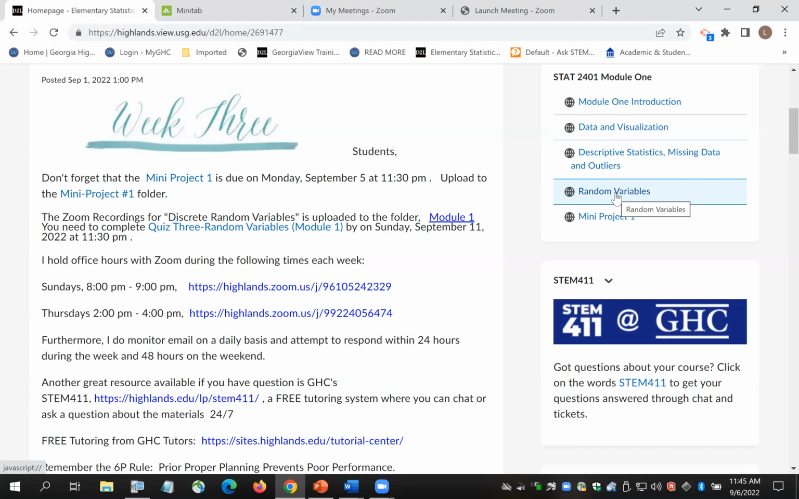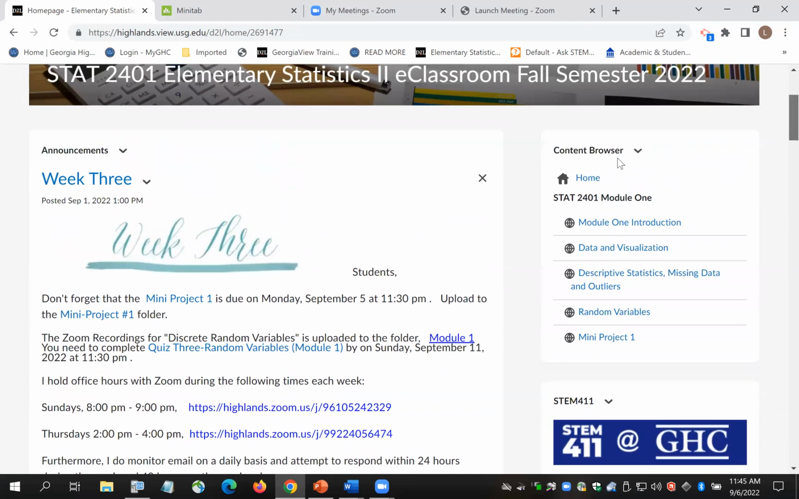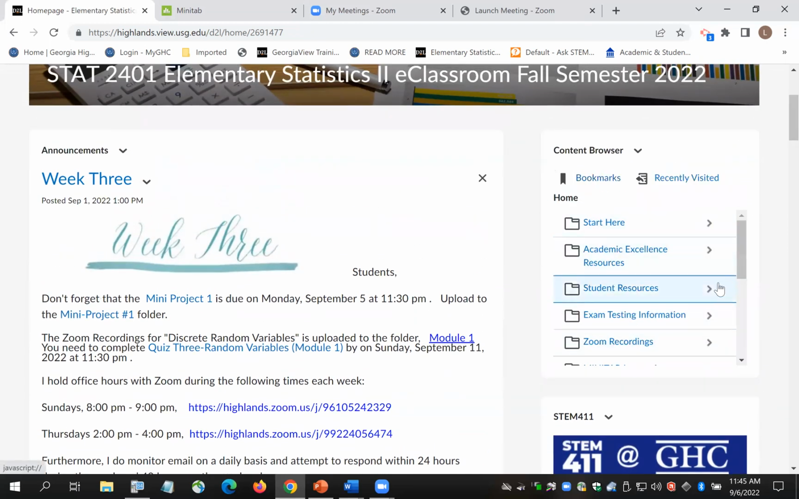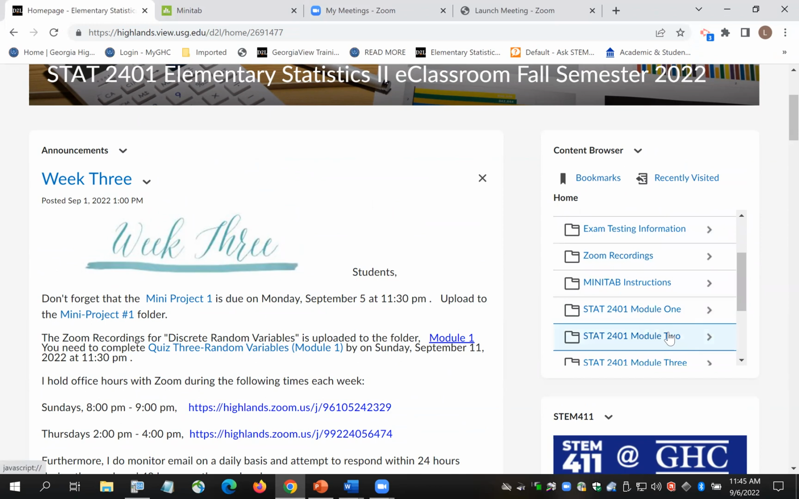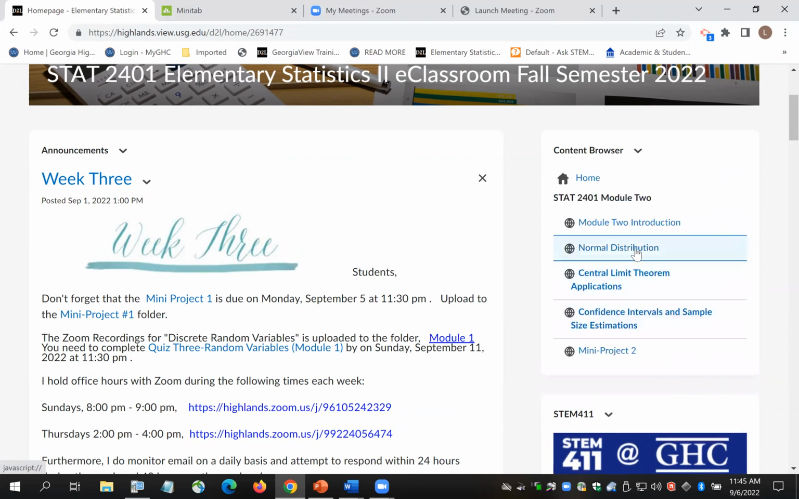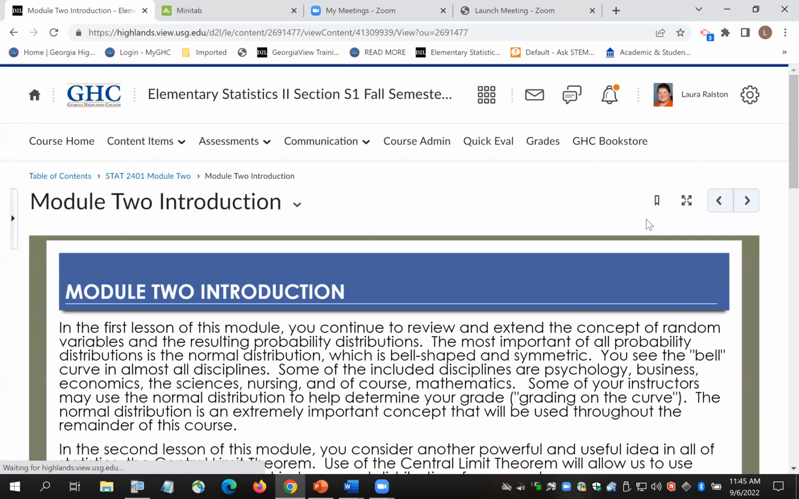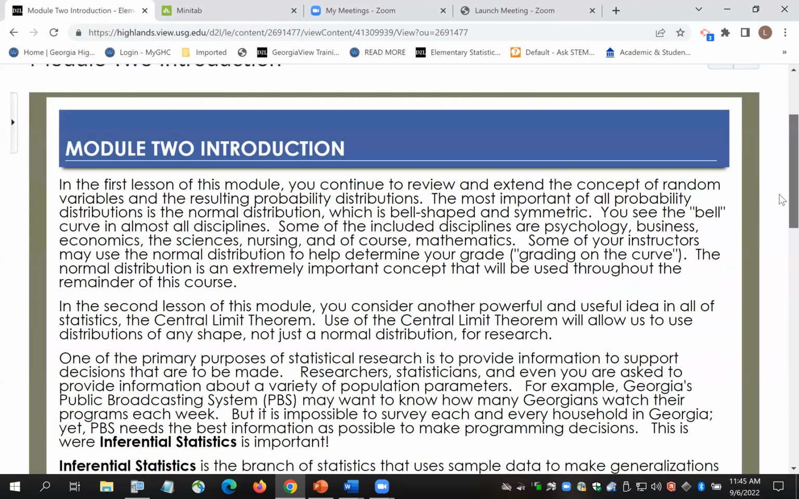But we're really not quite finished talking about random variables, because in the beginning of module 2, we're going to talk about the normal distribution. And in the introduction to module 2, it says that we will continue that. The most important of all probability distributions